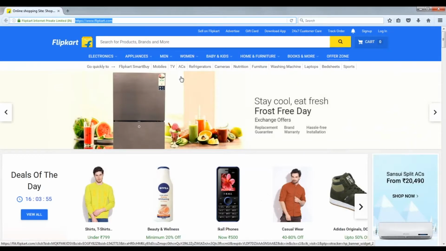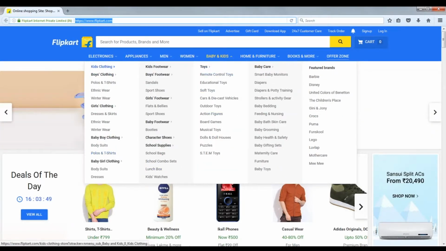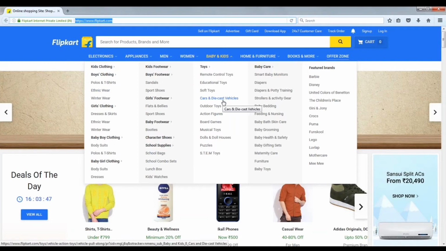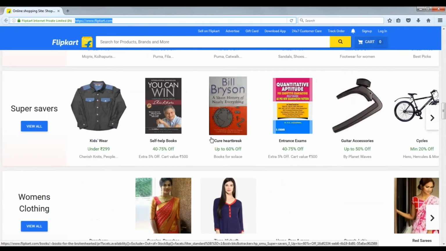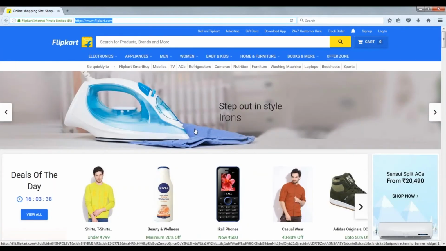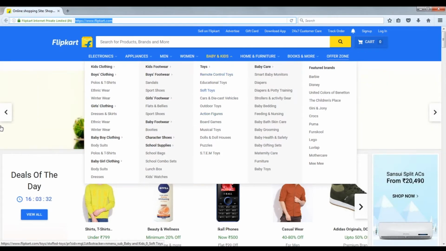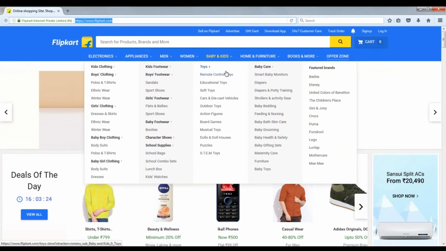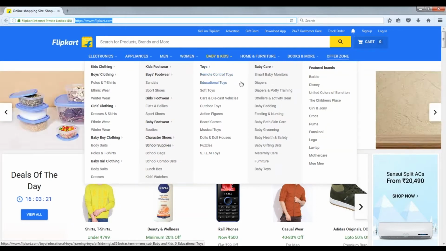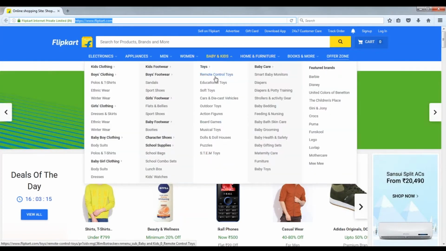In the sense, when you hover on these particular menu items, then only these particular items will be rendered. So these items are hidden. They are not visible in the page, right? So when you hover, they are visible, and then you are going to click on these particular items, correct? Manually, you will not directly go and click on these things. When you hover on these particular items, they will be visible. So for these kind of invisible items, you cannot directly take the XPath and click on them.